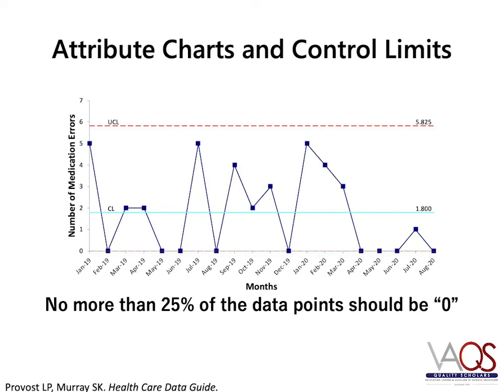One of the reasons that you may lose the lower control limit is that your denominator is too small and you have too few observations per data point. This may result in you having frequent zero values for your variable of interest and a sawtooth pattern in your statistical process control chart. The Healthcare Data Guide recommends that no more than 25% of your data points should be a zero. If you have too many zeros, you may want to combine data points. For example, report the data quarterly instead of monthly. Or you may need to use a rare events chart, such as a T-chart or G-chart, which will be discussed in future mini-modules.